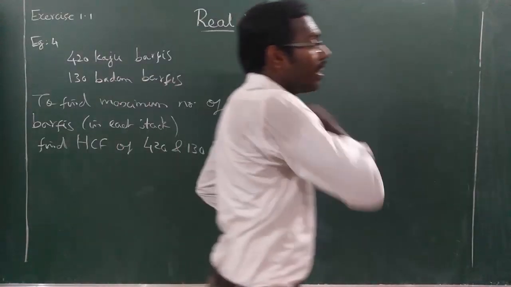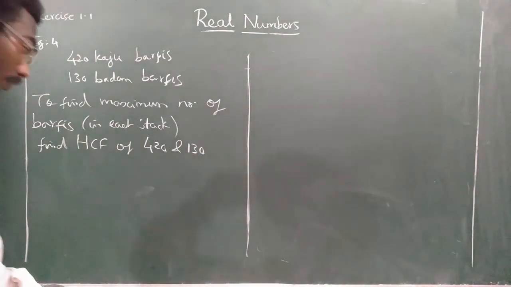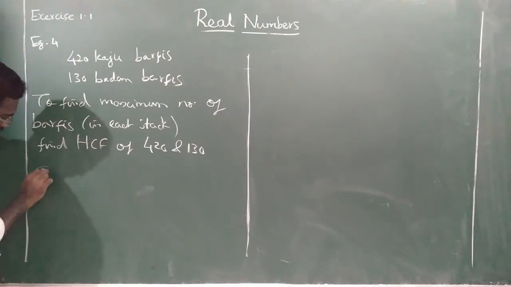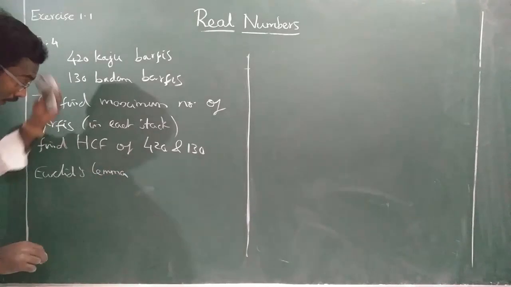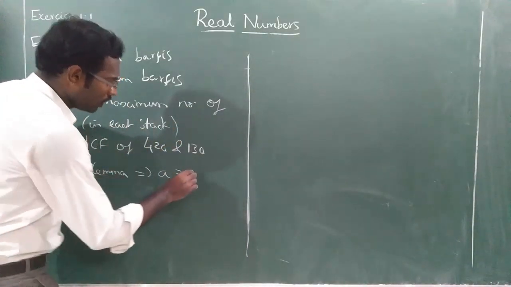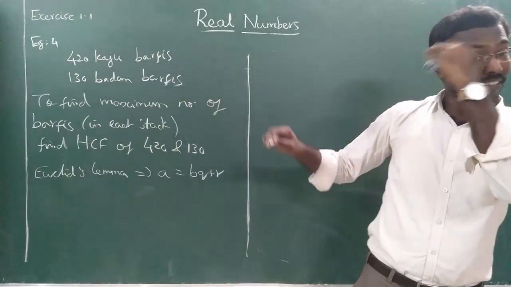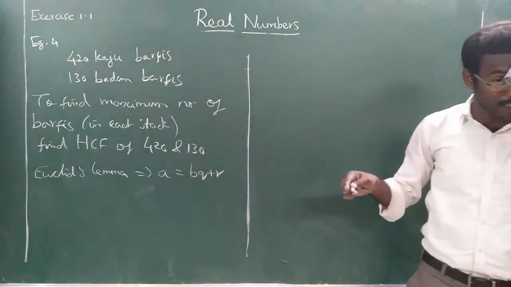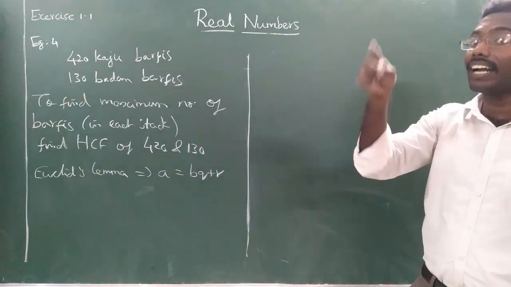Okay, you know very well HCF can be found by what? Euclid's division lemma. Euclid's lemma gives, are you all following? Now you can do it easily. A is equal to B Q plus R. The thing is, you have to find whether it is HCF or LCM. Maximum means HCF, least or minimum is LCM. But don't simply see the question. Please analyze the question and understand.